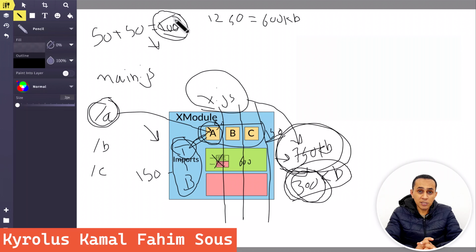But the problem with this approach is that if you have a large application, you will have a lot of files. Okay, for example, if you need 100 components or 100 pages in your application, this means that you will need 100 modules also, and this is very bad. So the best solution is to make the component standalone, which means to make the component independent of the module, and this is the standalone component, which is what the Angular team did by creating the standalone component.